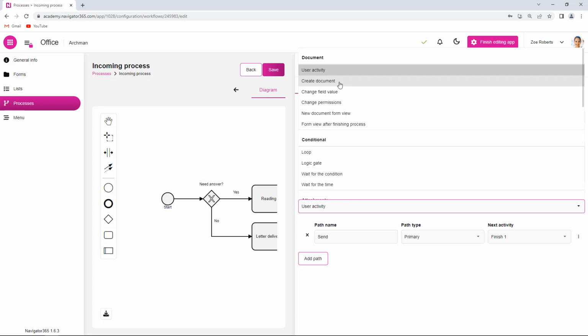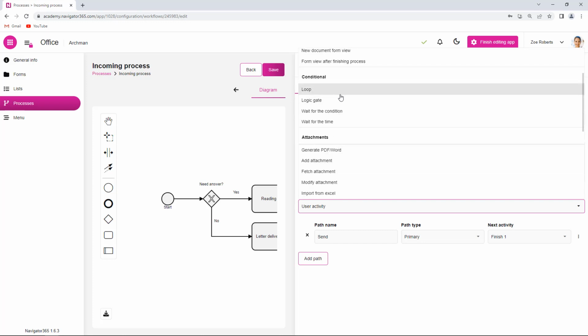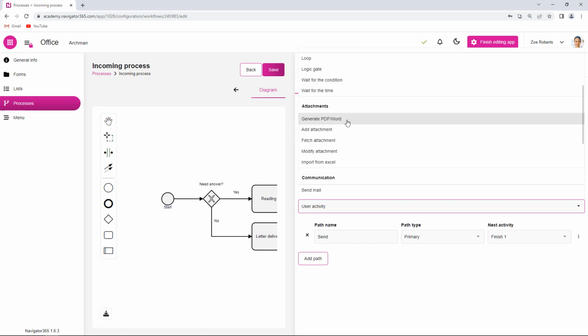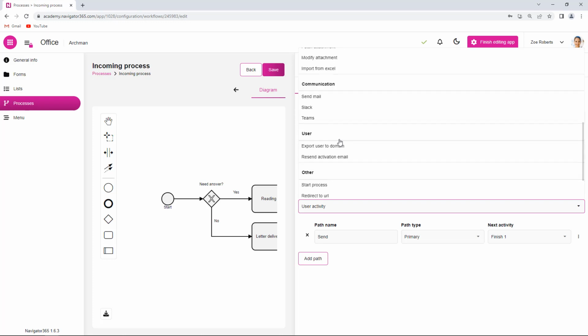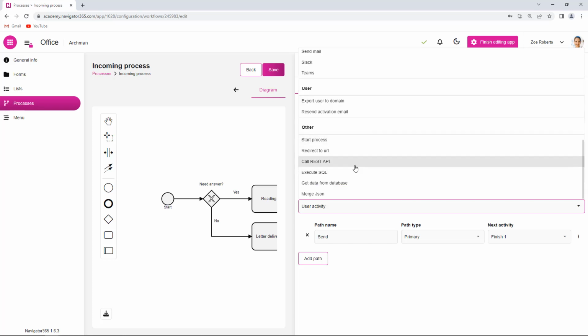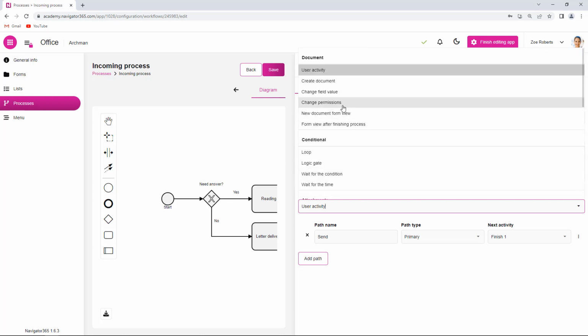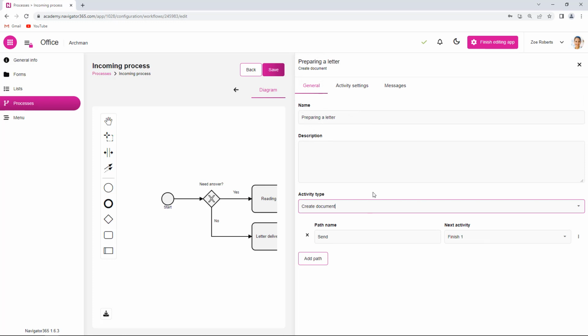We can create a document, what we will do in a second. We can change some values, permissions. We can also go into loops, waiting actions, generating different attachments, communication of sending emails, and also all this low-code part where we go into calling REST API or executing SQLs inside of the process. What I want to do now, I want to create a new document, and the document I want to create is a document of